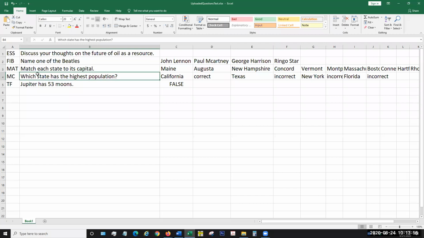Then the next question in the next row is a multiple choice. That's probably one of the easier ones to create. When you create that, you enter your type, your question text, and then you enter your answers, and followed by each answer, you want to mark it whether it's correct or incorrect. And then lastly, I have a true false question, my question text, and then whether it's true or false. So you see the format of each type of question is different. And as long as you follow the guide in that help section,